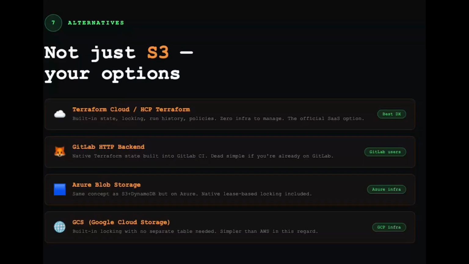So you also have some different alternatives. Not only with an S3 bucket, you can do the same thing and have the same state. You can use Terraform Cloud from HCP Terraform itself. It's built in, and the state is locked. You get run history, policies, and the official HCP Terraform cloud where you can save your